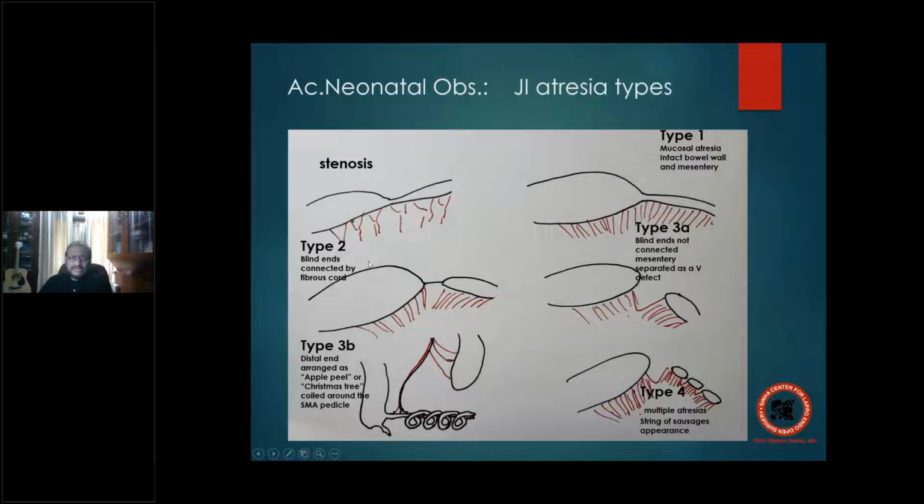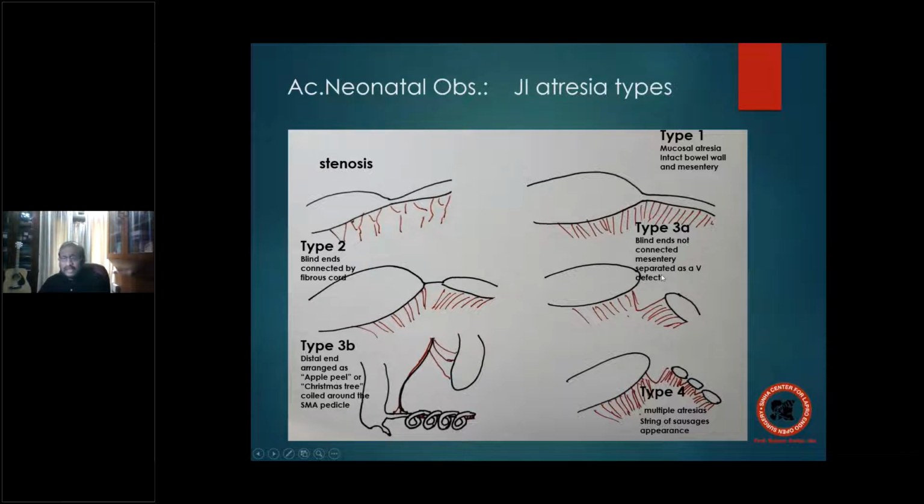These are the types of atresias, type 1, 2, and 3. So type 1 is basically mucosal atresia with intact bowel continuity. So here see mural continuity. Just like in duodenal atresia type 1, mural continuity is there, but there would be mucosal atresia. Okay, that is type 1. Stenosis is not classified as a type of atresia, so that has been kept separately. Type 2, similar to duodenal atresia, is a cord. Here also it's a fibrous cord connecting the two parts, the collapsed and the dilated, just like duodenal atresia, again collapsed and dilated part. So here also it is a fibrous cord.